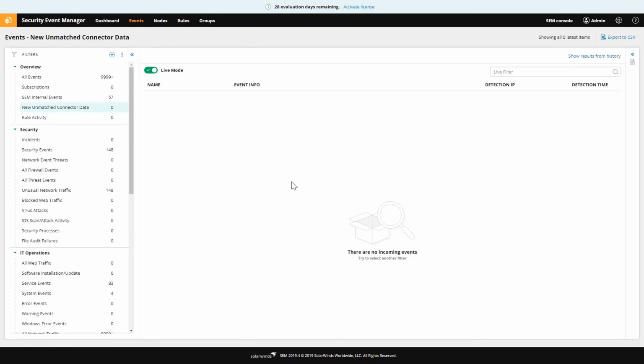Okay, that would be the first step. Assuming that didn't work and you're still seeing unmatched data here, the next step is simply going to be to raise a case with our support team and let them know that you're getting unmatched data, and they will walk you through the process of collecting a report that contains those unmatched events, getting it over to them, and they will have that sent over to the connectors team who will make the appropriate revisions to that particular connector.